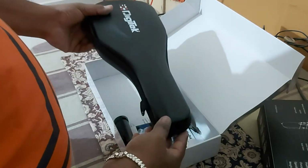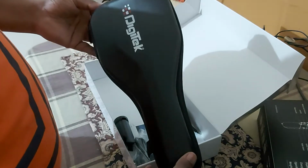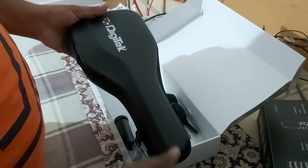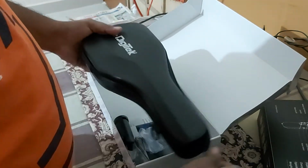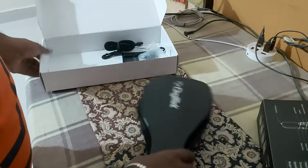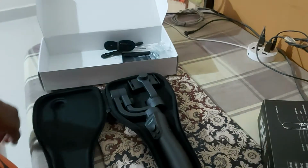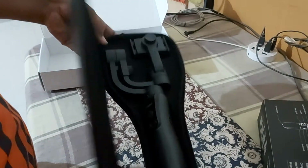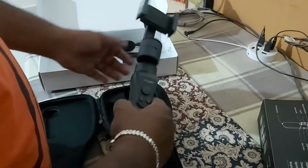Wow, the style of making this box, I get reminded of a musical instrument, a guitar, right? The type of design they have made is really good. Let me open it quickly. Let me keep it aside. Wow, the way they have given this gimbal structure box is really good. The packing is really nice. Let me open. Yeah, wow,